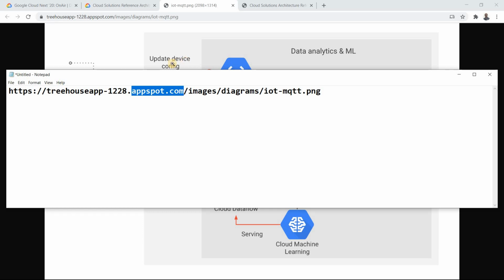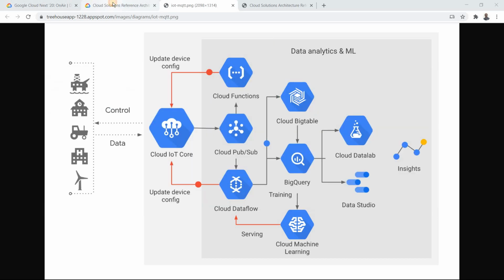The reason is people who have worked extensively on App Engine will know the format of an App Engine URL. The URL would usually be the project ID followed by appspot.com. Now they have easily referenced this: this is the project ID. This is your GCP project ID, which you should not disclose outside, as it is sensitive information. So this is one design principle which you should consider when you are trying to serve static images. That's the first thing. Let's go to the next one.